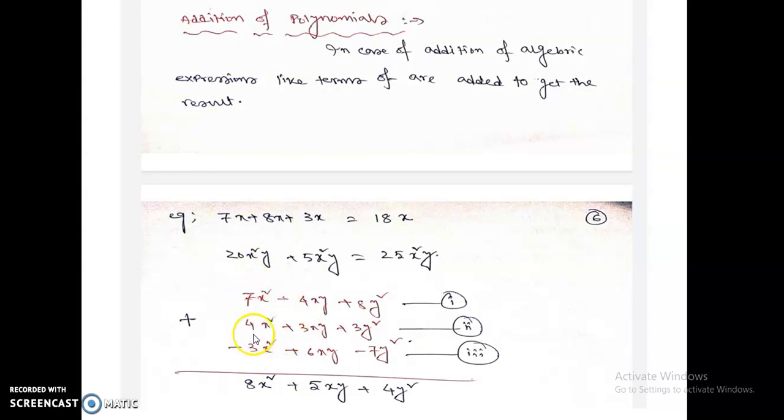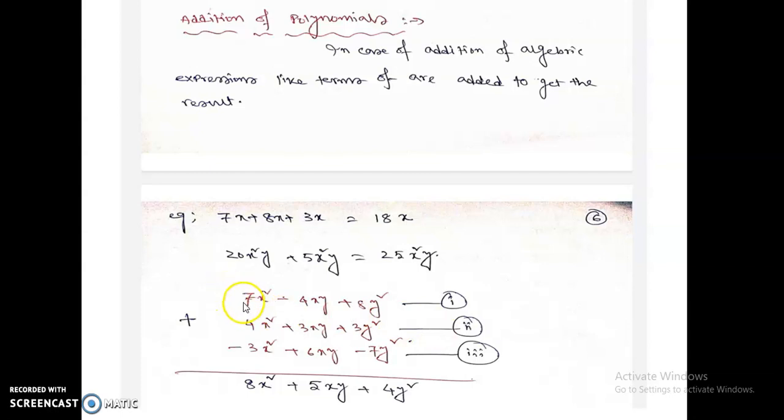So I have placed all the similar kinds of variables in the same column. You see 7x squared, 4x squared, minus 3x squared in the same column, minus 4xy, 3xy, 6xy in the same column, 8y squared, 3y squared, minus 7y squared in the same column. After you place all the different variables in suitable positions, in a particular column the same type of variables must be present. So after arranging the algebraic expressions in such a way that similar types of variables are in the same column, you add the algebraic expressions and finally you will get the result.